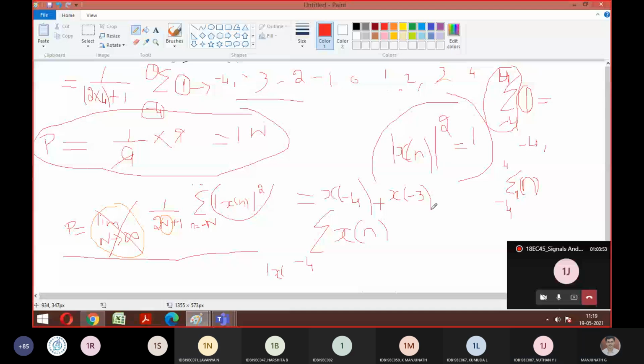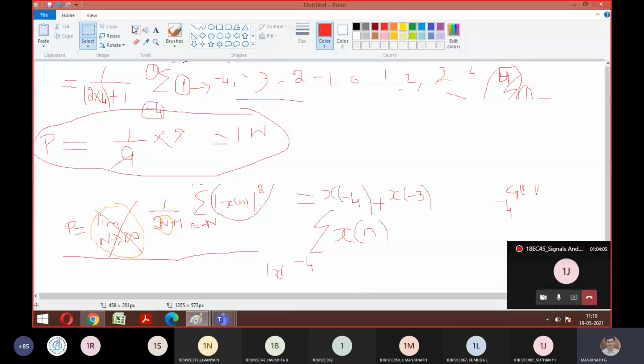Yes, sir. So then what is the value you will choose for x of -4 according to this? You tell me. How can you choose this? Do you know this answer? Has it been given anywhere in the question that x of 4 is this much? See, sir, only if they have given x of 4 is equal to 2 and x of 3 is equal to 1 can you substitute here. Agree? Unless you know that, I can't simplify this summation.